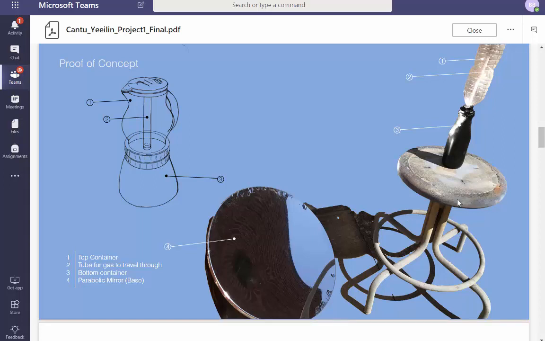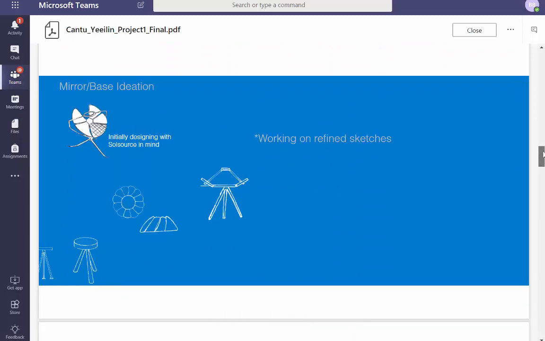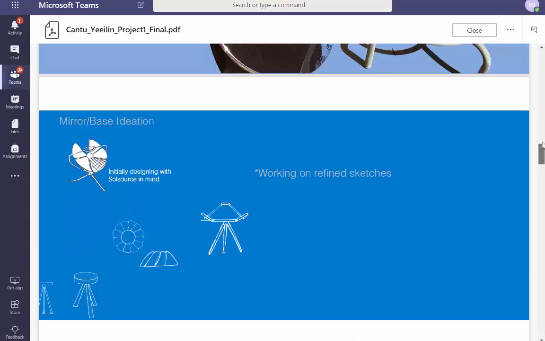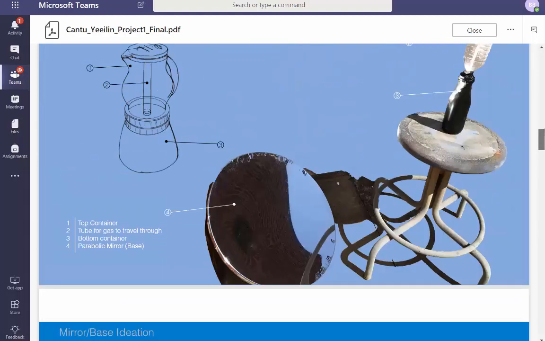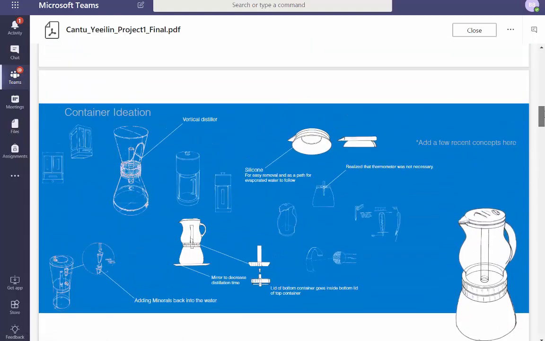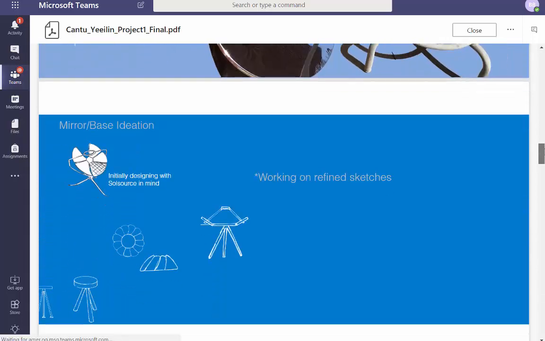It's great you learned from it, but it terribly goes into your portfolio. So maybe you can make a line drawing of how this stuff works instead of the actual one. Mirror base idea. Well, if you're going with a mirror base idea, at one point, why did you transfer from something that looks like it uses a filter to something that uses solar?